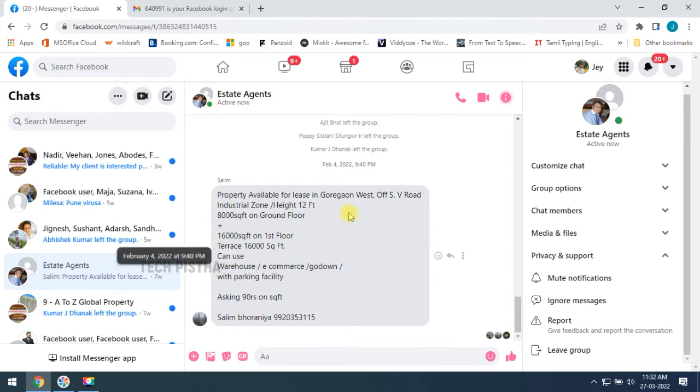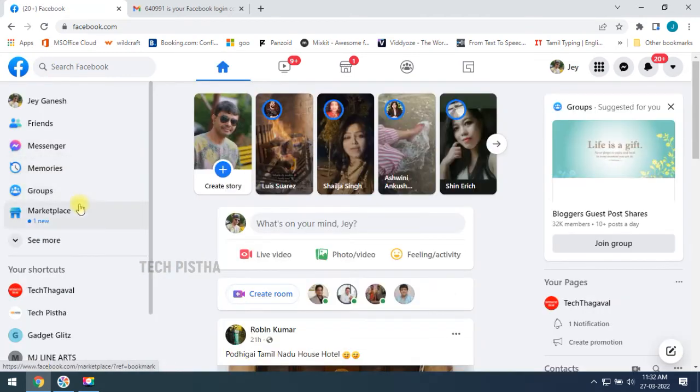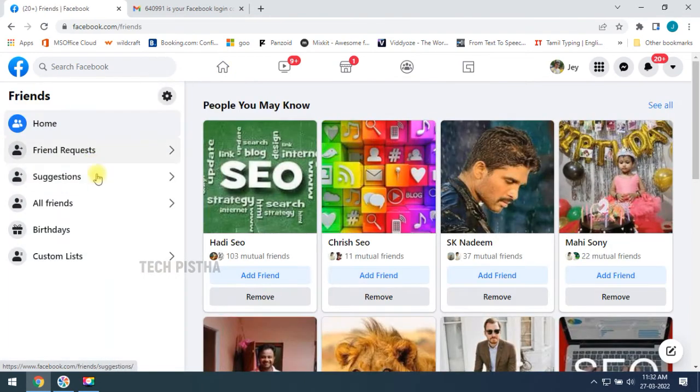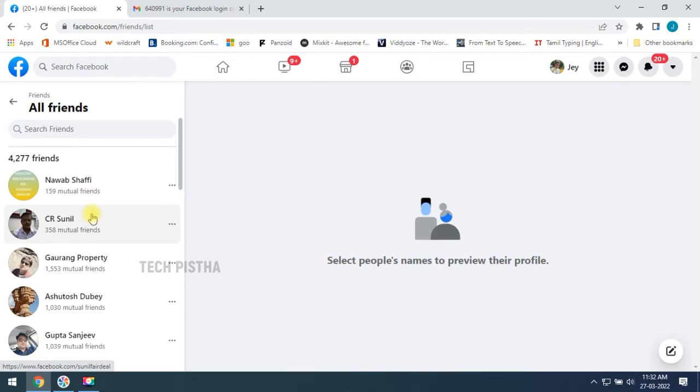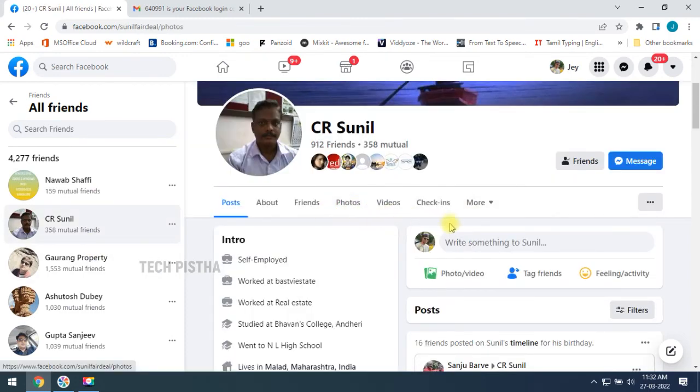So you can also report photos. You have to go to the friends list. You can choose any one of the friends. Here you can choose the photos